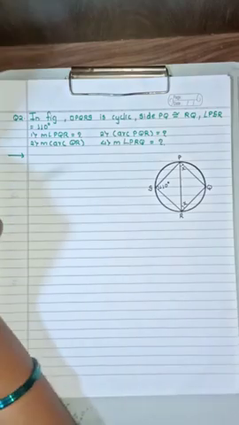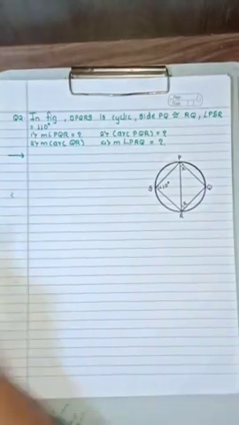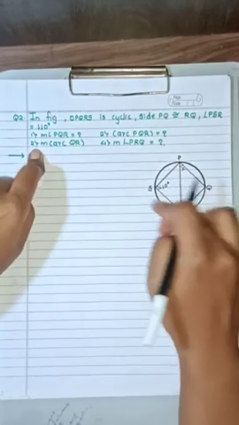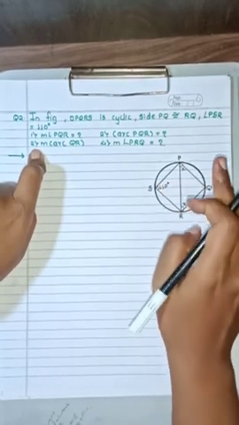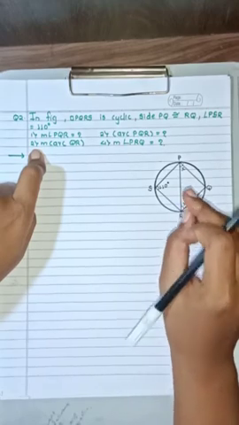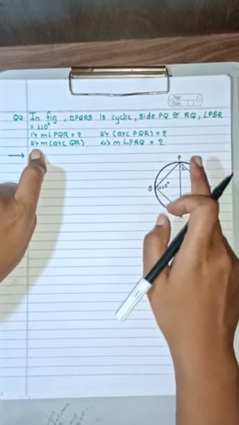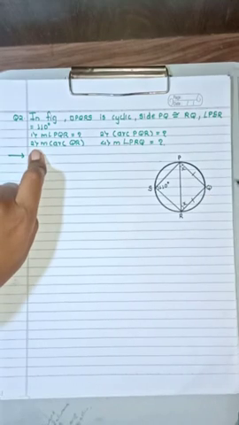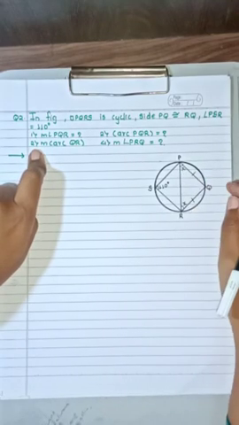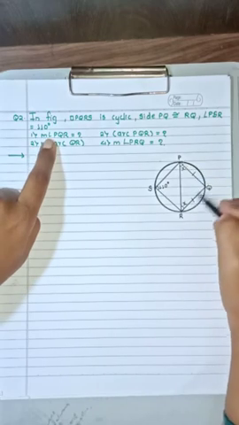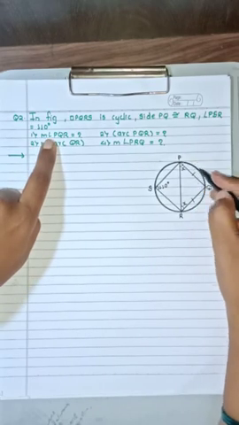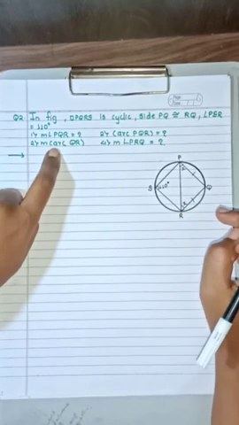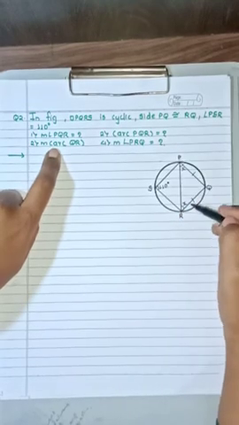In the second question they have asked you, in the figure, quadrilateral PQRS is a cyclic quadrilateral. Now what is a cyclic quadrilateral? You very well know, a cyclic quadrilateral is a quadrilateral whose vertices lie on the circle. They have told you side PQ is congruent to RQ. Angle PSR is 110 degrees. You have to find the measurement of angle PQR, the measurement of arc PQR, the measurement of arc QR, and also angle PRQ.